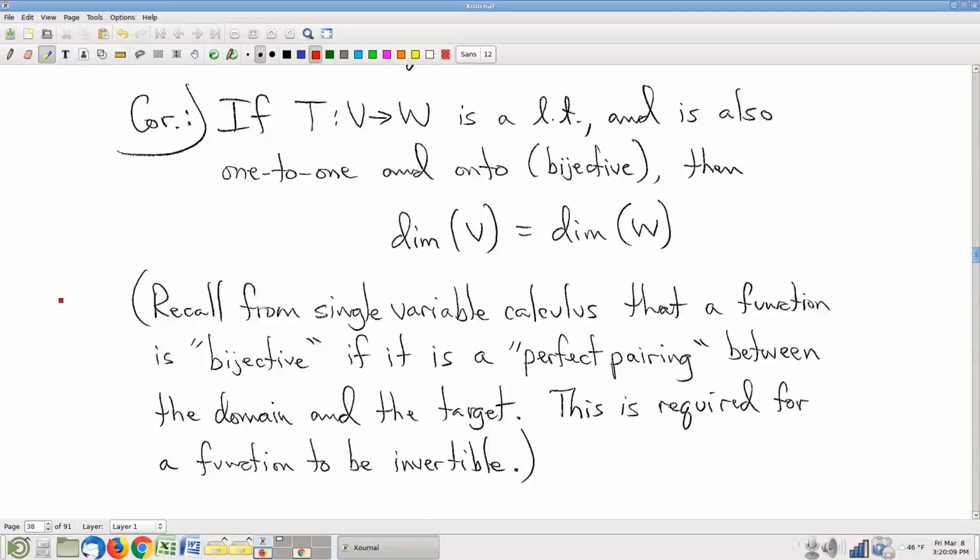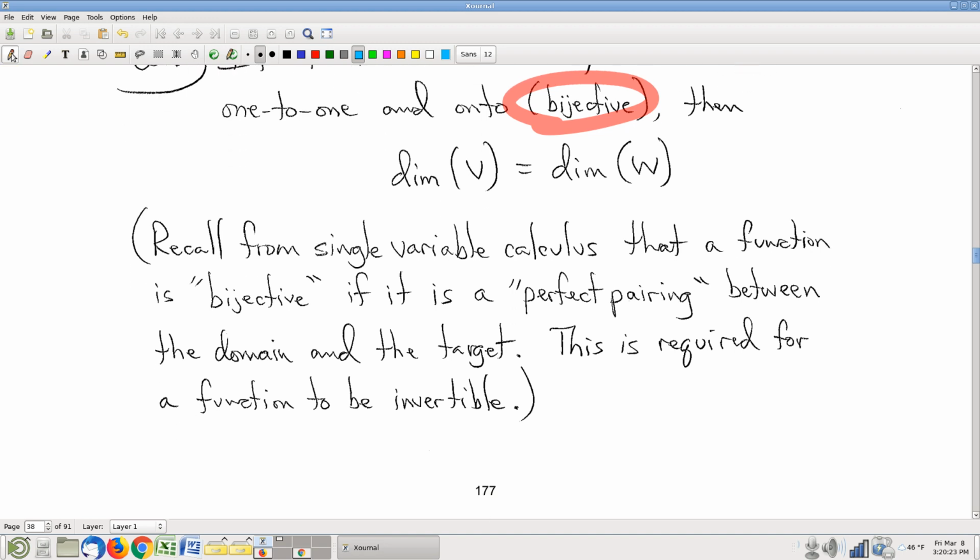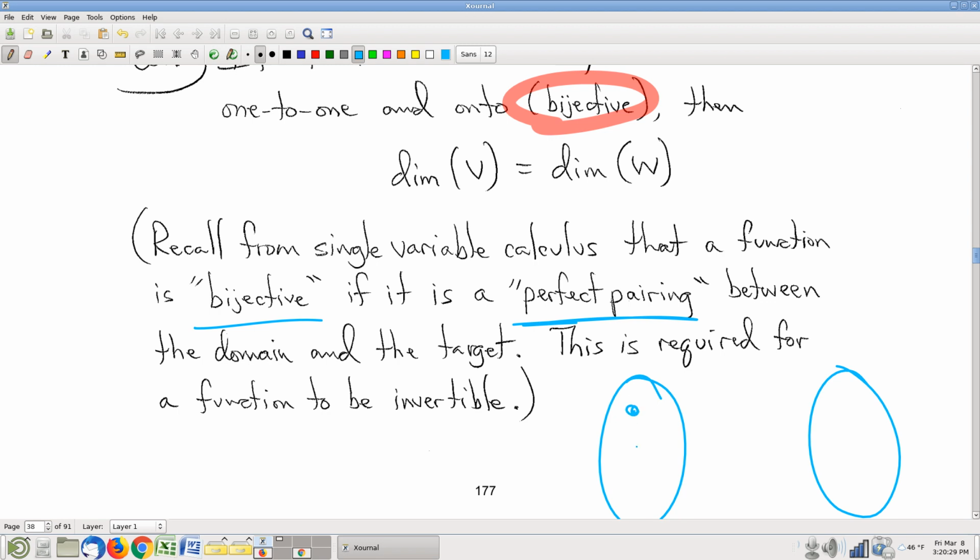Okay, so here's where we were last time. We were talking about what it means for a function to be bijective. Right, so the big idea of bijective is that there's a sort of a perfect pairing. Bijective means perfect pairing. If you have a domain here, target there, points in the domain, points in the target,